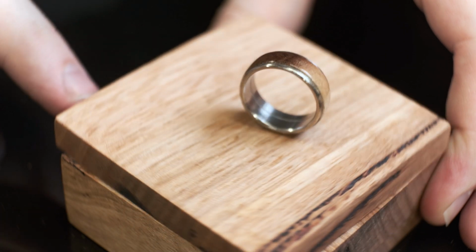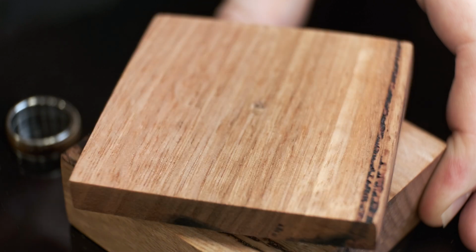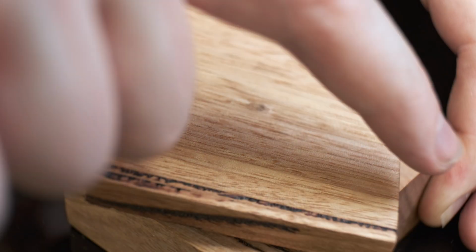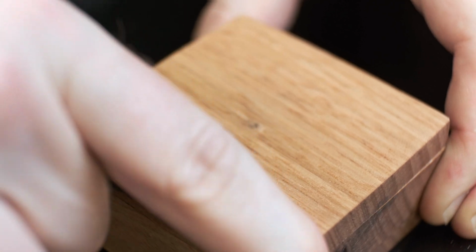For Valentine's Day this year, I've made this cute little threaded lidded box for Natalie, my wife. Inside that, a Blackwood and titanium ring. And yes, I did actually make this in time for Valentine's Day, just the video I didn't finish because Natalie